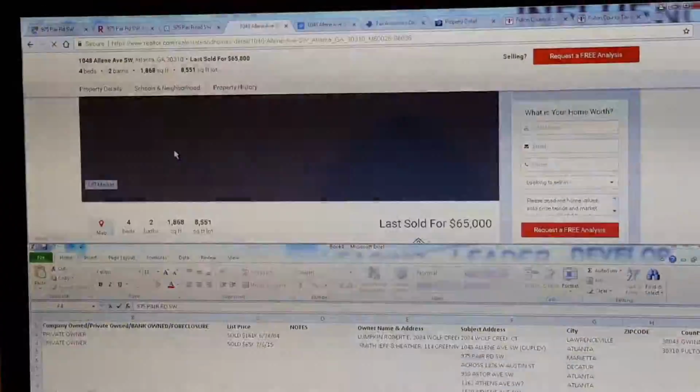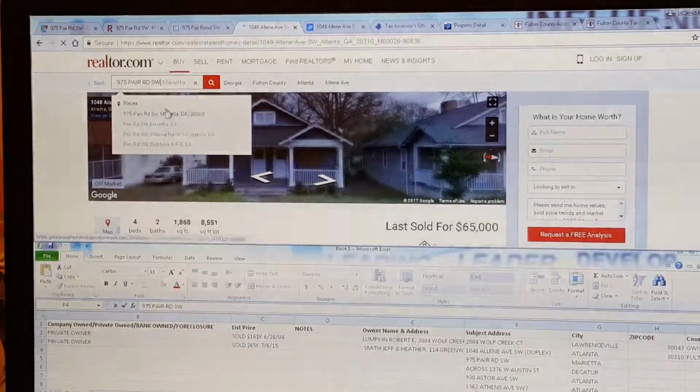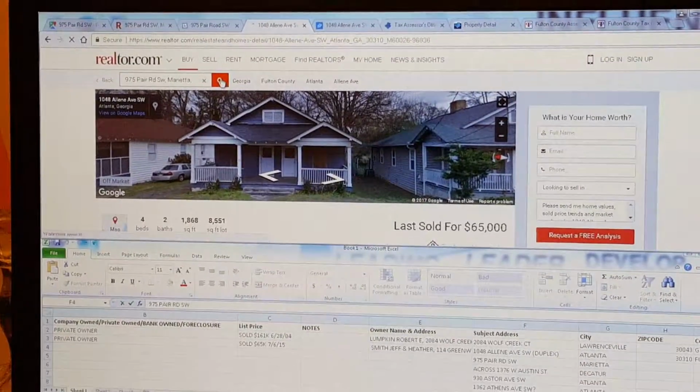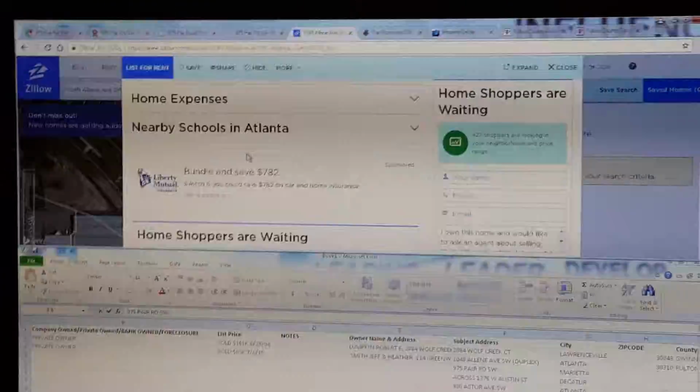So notice what I'm doing is going to each website really quick, pasting the address in each row, just getting it set up and ready to go. So now all I need to do is just come on back down the line